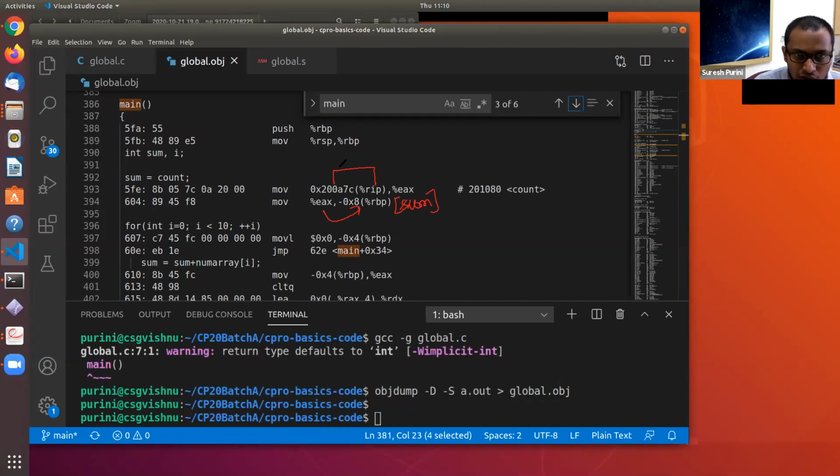This is how the count variable is accessed. The way the global variable count is accessed is different from the way the local variable sum is accessed, because local variables are present on the stack and we have to use stack relative offset addressing. We will see more about this base pointer register in a while.